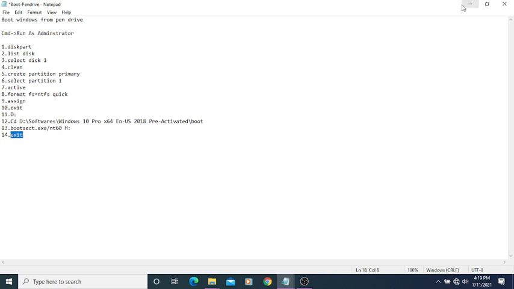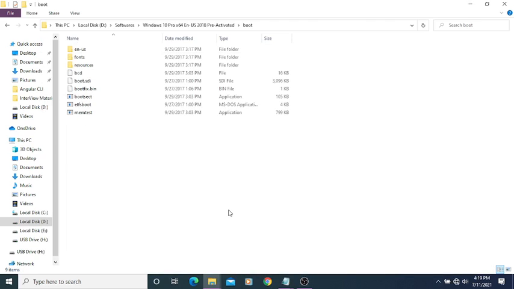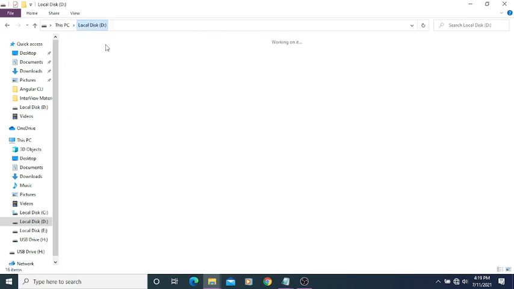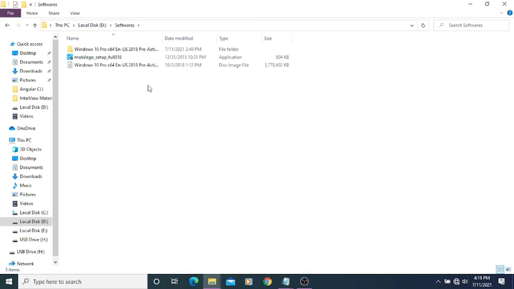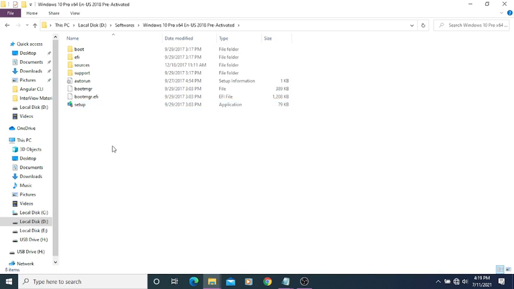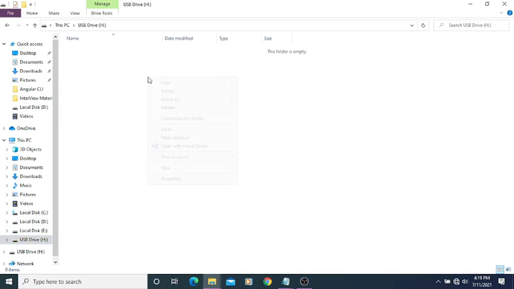This is the last step. After doing this, again we will go to our Windows location where we kept the software file, and we will copy all the files. We will select Control A, Control C, and where the pen drive is assigned, we will paste there. As you know, it's assigned to H drive, so we will go to H drive and paste here.